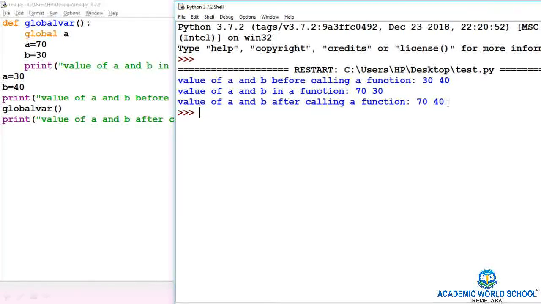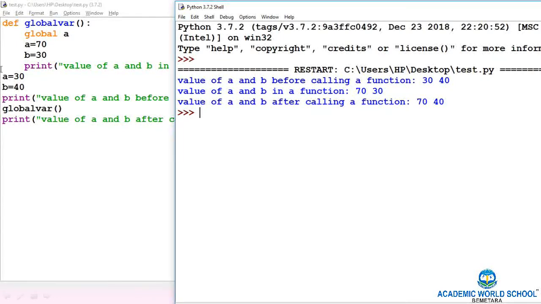When any variable is declared as a global variable, if we perform changes in a function, that will reflect in the whole program. It means A and B are declared in main, and also outside the function, and in the function, but A is a global variable. So if we perform changes in a variable in any part of the program, that will reflect in all sections of the program.